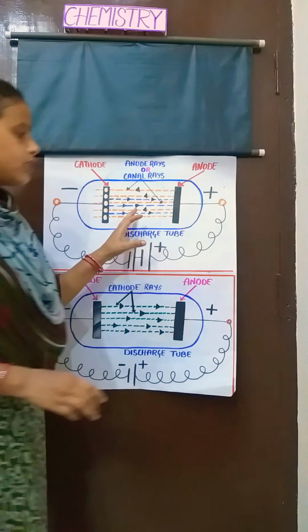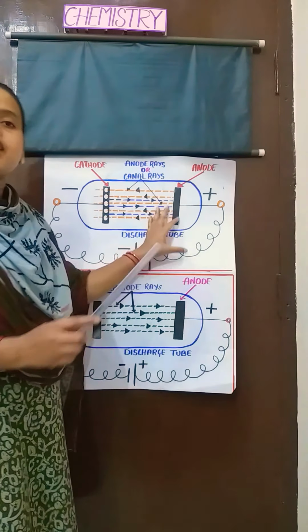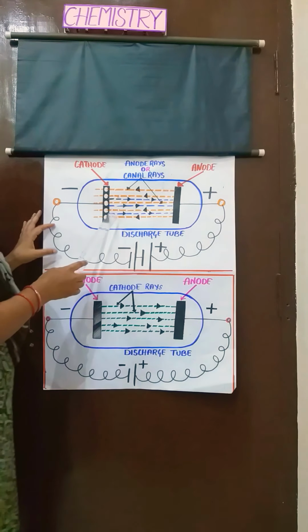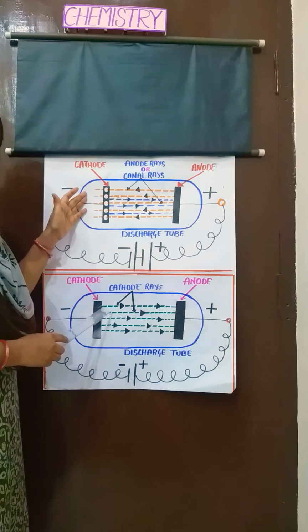Yes, it has actually been found in one of the experiments that there is a positively charged particle present inside the atom. That experiment was done by the scientist E. Goldstein. So let us study that experiment. Here is the setup of that experiment, where E. Goldstein did the same thing which was done by J.J. Thomson. But he changed one thing, which is the cathode. He took a perforated cathode instead of a plain cathode.